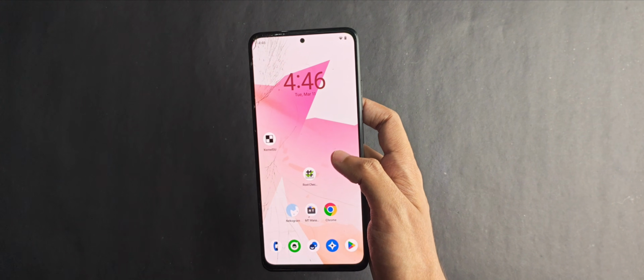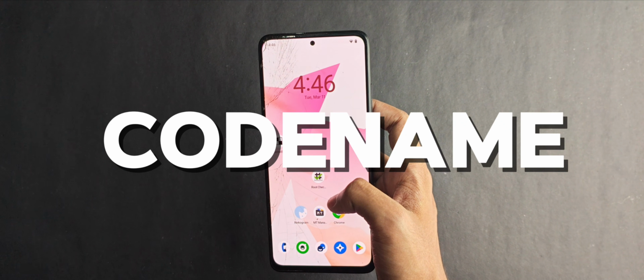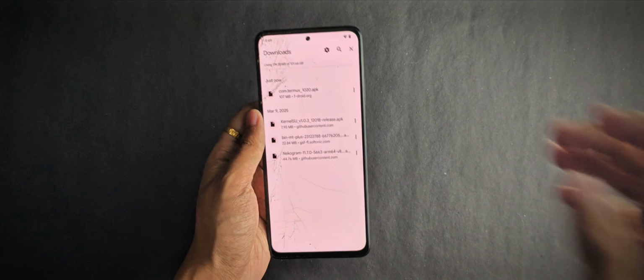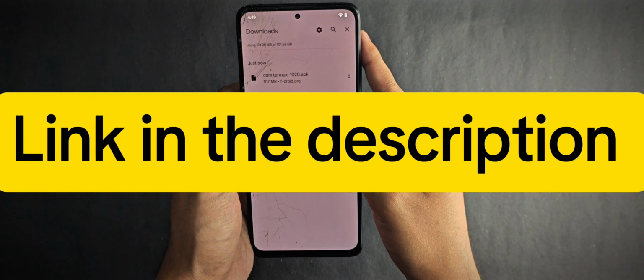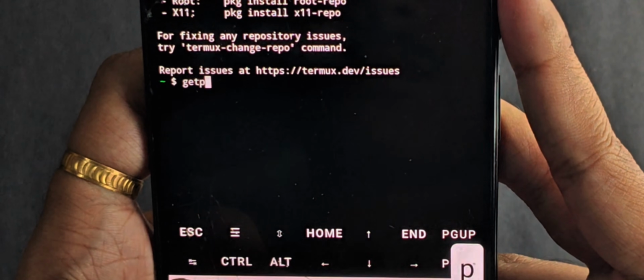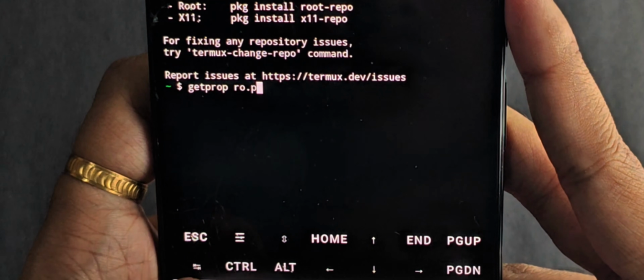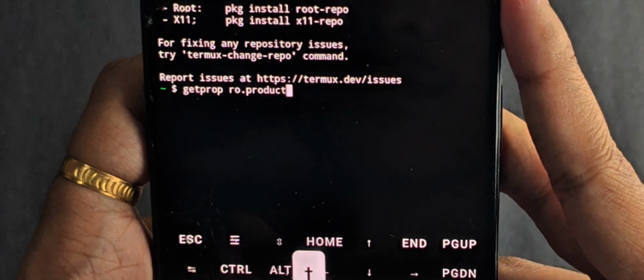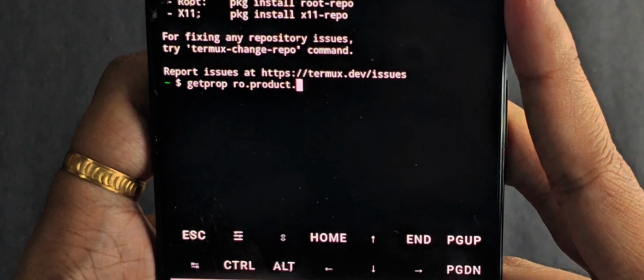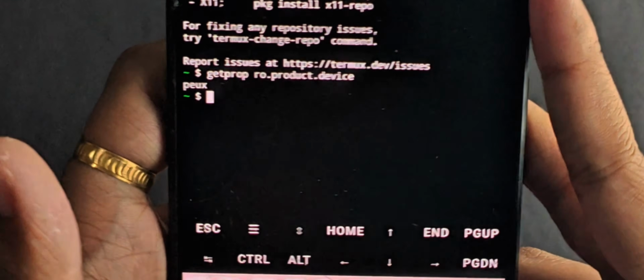And by the way, if you are on the stock or official ROM, you will need to know the code name of your device, which is really easy. Just simply install the Termux app, link in the description. And after you open the app, just write this command: getprop ro.product.device